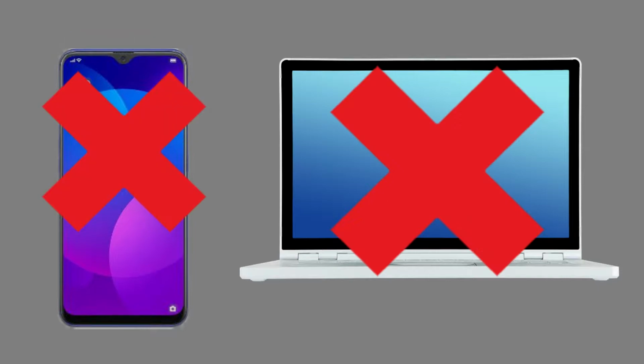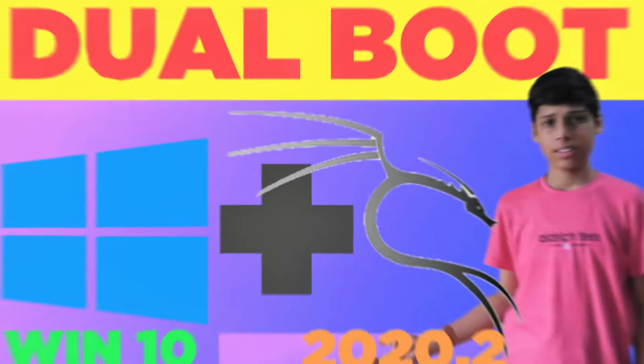So guys, first of all, sorry this video is so late. Basically in this video we are going to see what WSL is and how you can easily install the Kali Linux operating system into it. So first of all, let's see what WSL is. Let's say you don't have any mobile or laptop and you have just your one PC, and you don't want to dual boot it, you don't want to install VirtualBox in it, and you want to use Kali Linux, and you don't have any other external device on which you can install and use it.